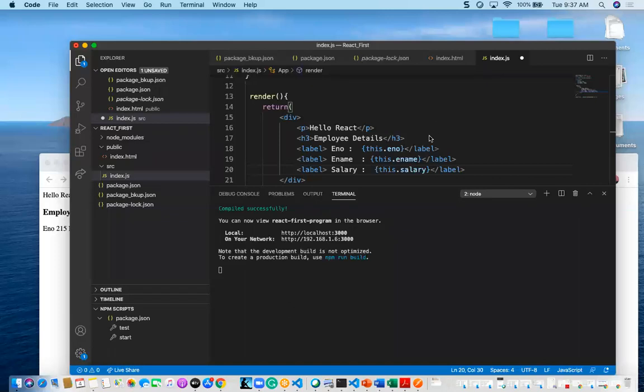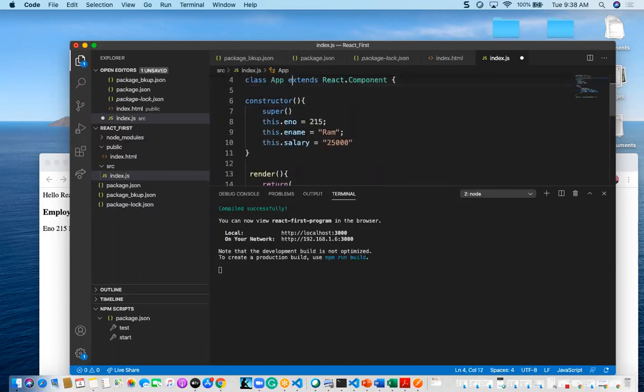It is not like binding, but this is a single interpolation. If you want to bind any variable, if you want to get any variable inside the program, we have to use the same variable.